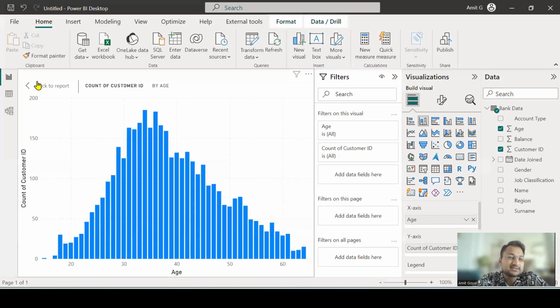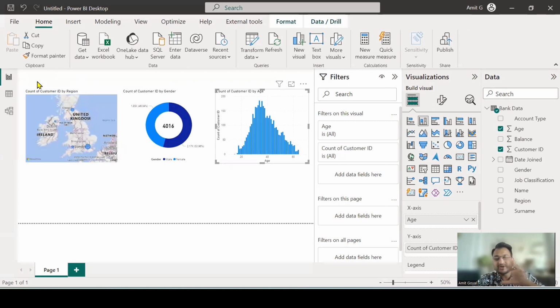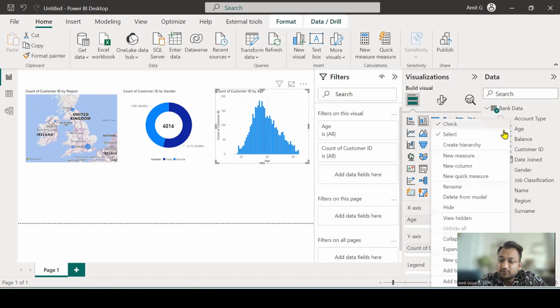But don't you think this chart right now looks too lengthy? There are too many bars. And definitely the bank is not going to say we have more customers of 20 years and less customers of 21 years, let's have a different policy for them. So if I group this data up, if you right click on age, you will see there is an option of new group that comes up. If I click on new group,